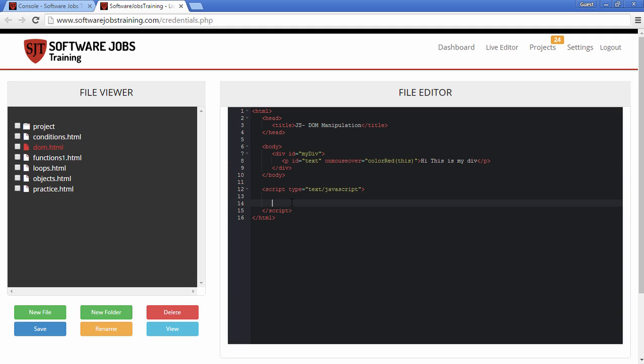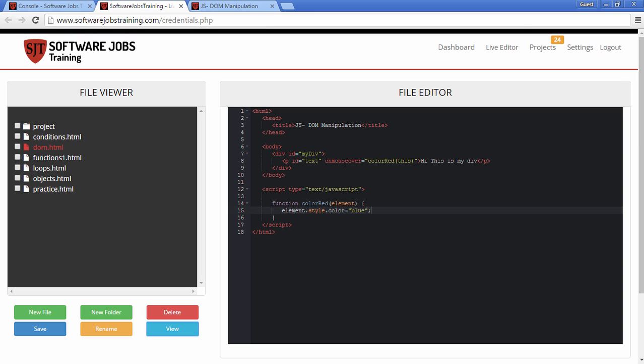And to perform actions we just need to define a function named color red, and it should accept an argument from our function call. So this will be the ID of the DOM element, and here we can just write element dot style dot color is equal to blue. So let us save this up